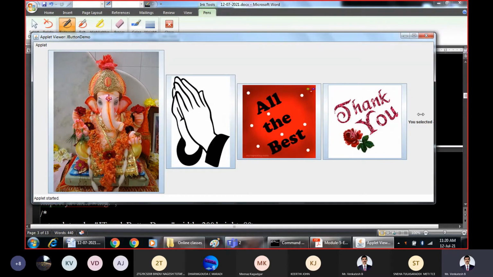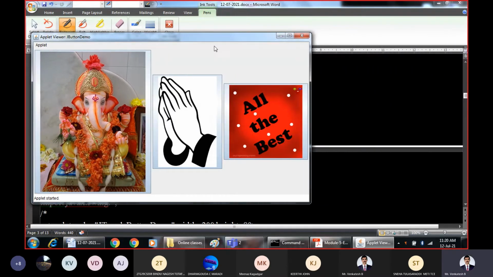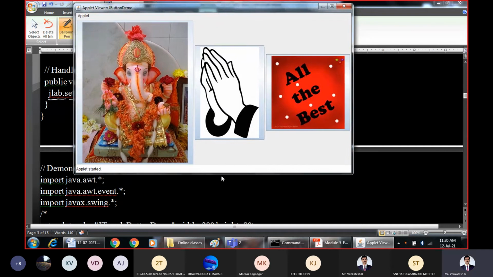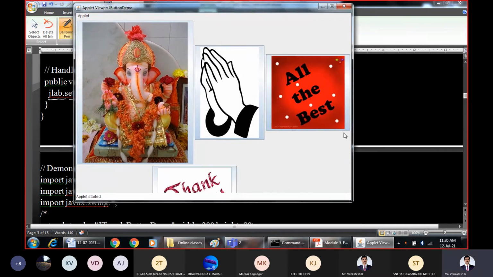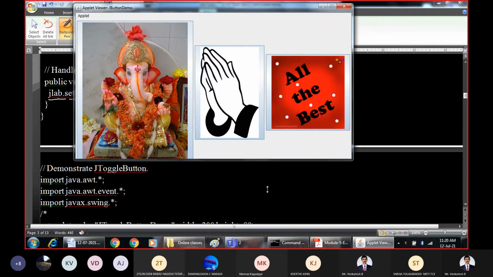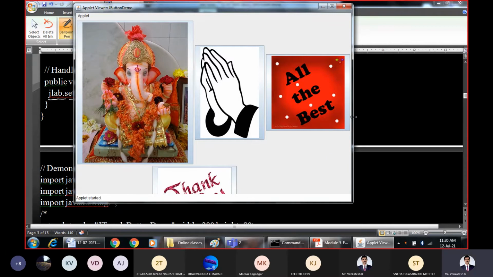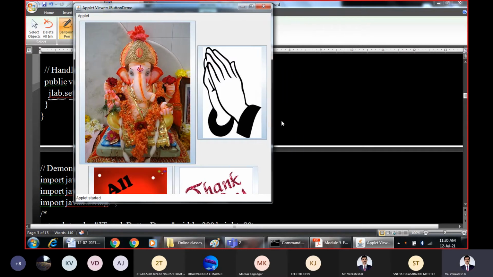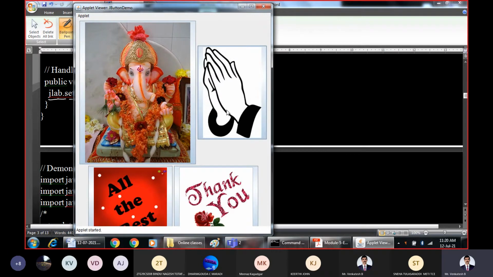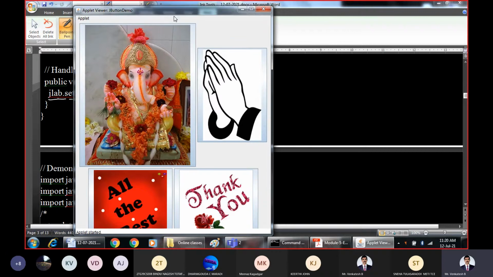So that is how we can create some icon based GUIs. You are free to change this, right? As you change it, the icons will automatically adjust themselves.